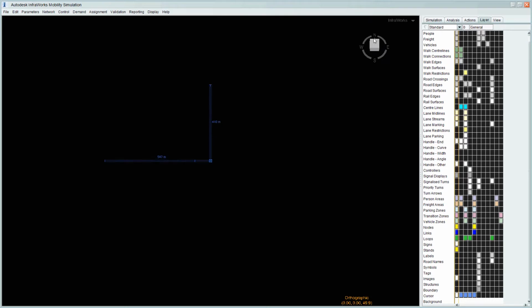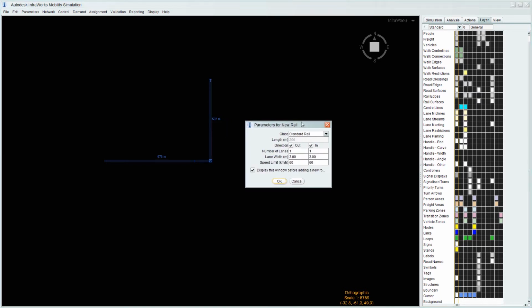So again, we're just going to pull it into a plan view. And what I'm going to do is zoom out a little bit because I want to make this a half decent size. So from here, I'm going to right click and go down to rail and say new rail cursor.